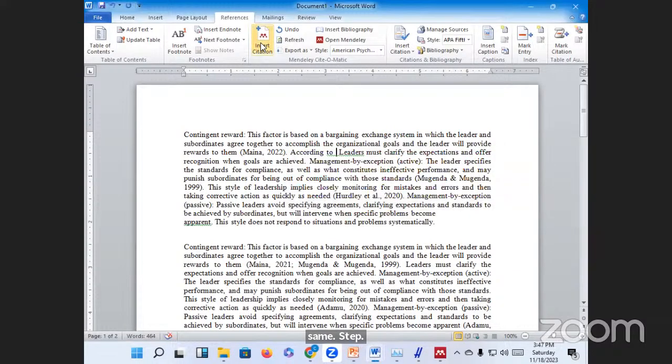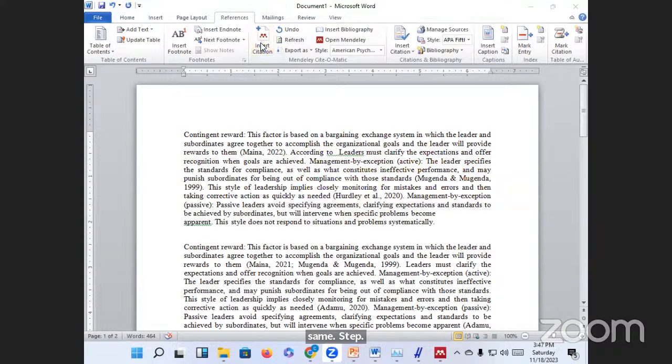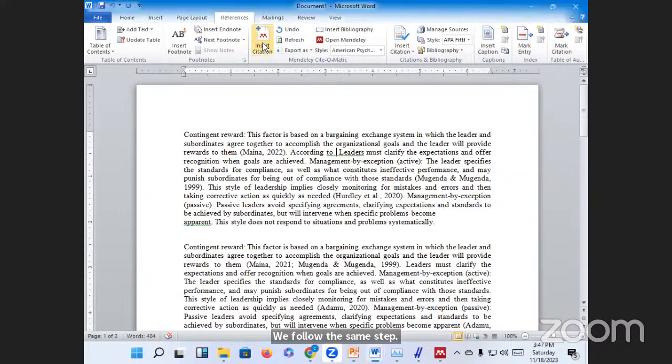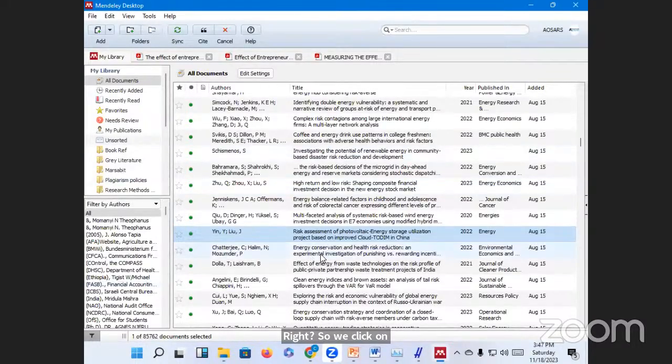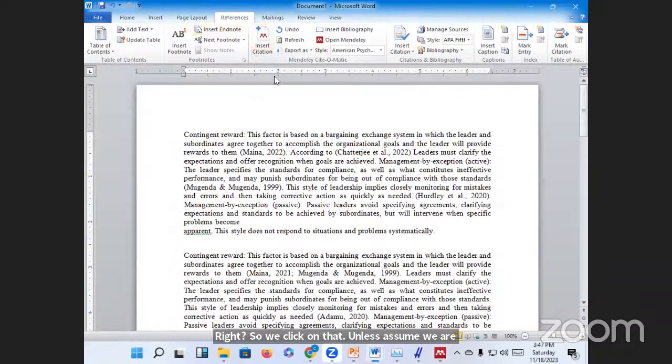So we click on that, and let's assume we are interested in this, we cite it there, right? So there it is, Chapter et al. 2022 said that or noted that,